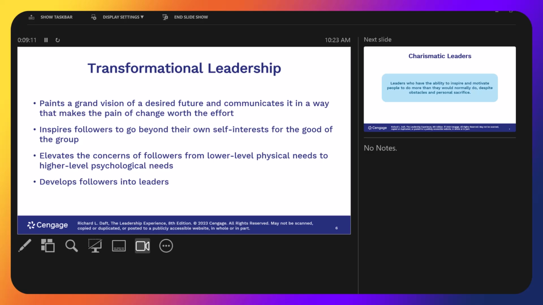I'll give you an example. If you had an organization that was failing, you fire the CEO and bring in another CEO who is a transformational leader. That person is going to try to bring this organization back from the brink of death. But not only is he looking to turn it around and make you profitable, he's also looking at how to advance us into the future, and how to get his people to buy into his philosophy and follow him. And they're good at that. Transformational leaders are very inspirational.